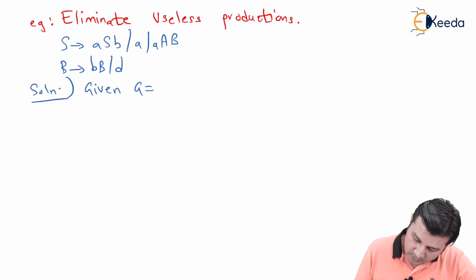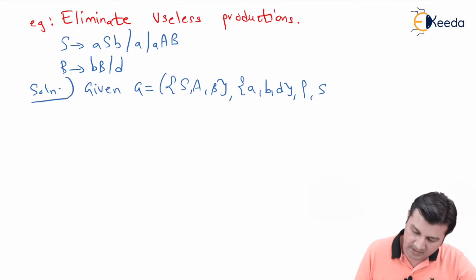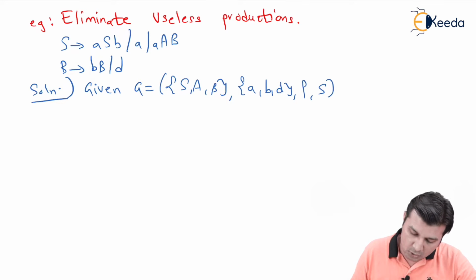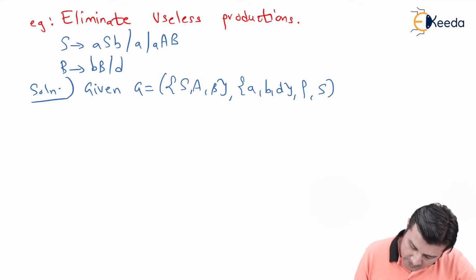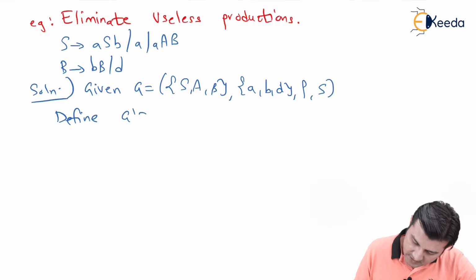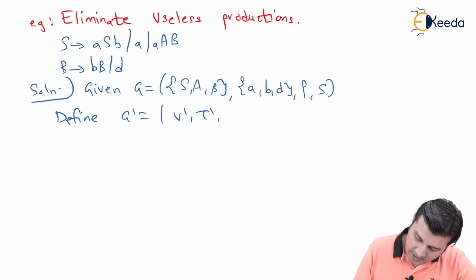G is equal to, now what is my grammar which is given to me? It has the variables S, capital A, capital B. It has the terminals A, small b and small d. Production as P and start variable as S, right? So given G is equal to VTPS, I say define my G dash is equal to V dash T dash P dash S be the context free grammar that contains